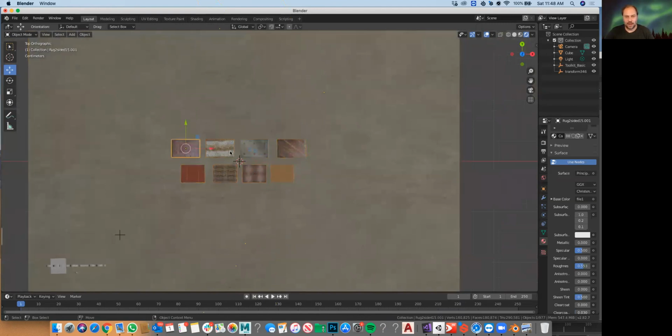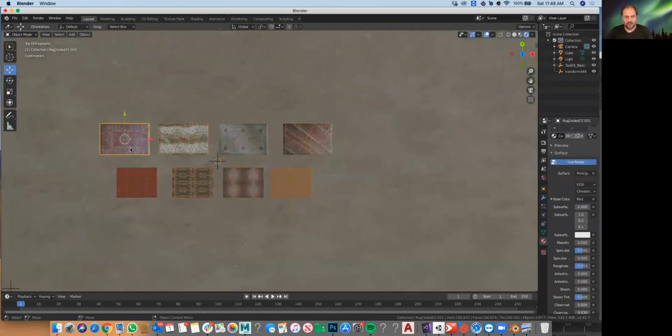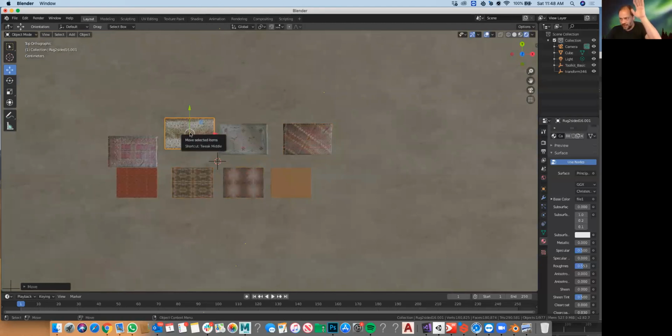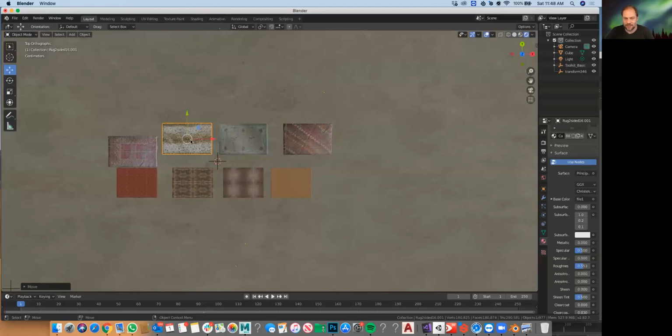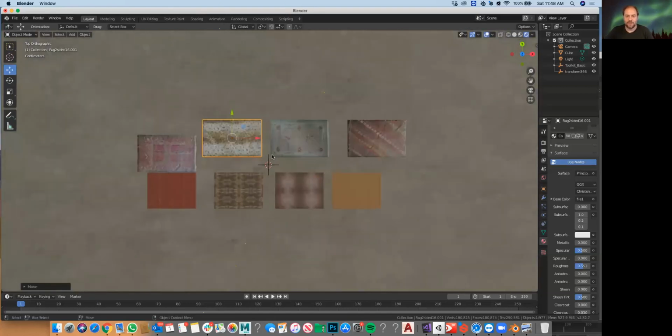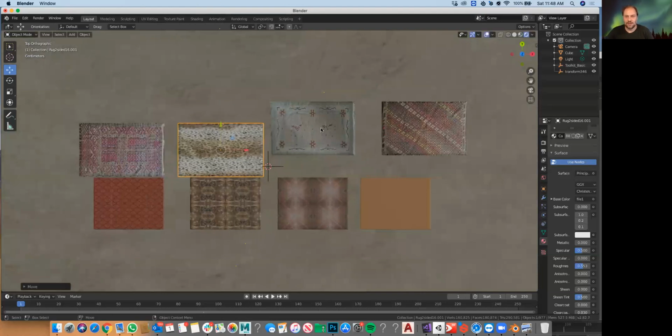Okay. So now we have a bunch of rugs that we want to move around. So all you have to do, now that you're in top mode, you can move around with the circle button a lot easier. You don't have to go around like this, because if you're on top mode looking down, it'll only move you in these two axes, X and Y. So you don't have to worry about moving this object around and then all of a sudden it's like 10 feet off the ground. You got to resync it. So now with this view, just grab an object, move it around,